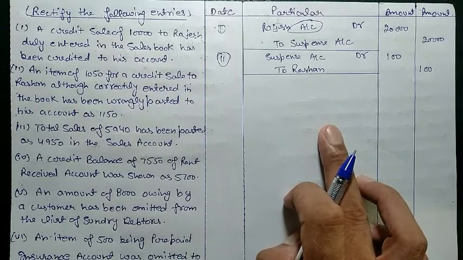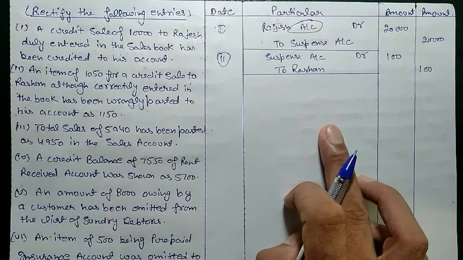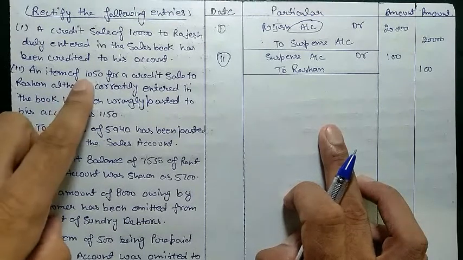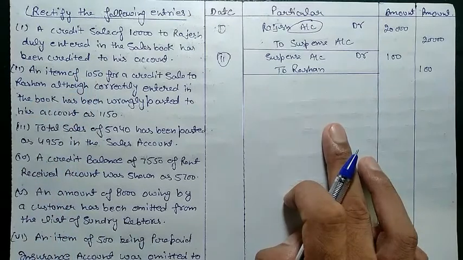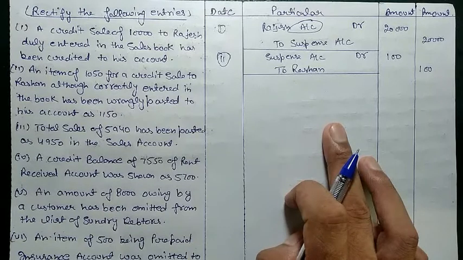We posted 100 rupees more than the actual amount, so we credited that. Now if the same question, we have debited his account by 100 rupees less, like we need to post 1050, but we posted in his account only 950, then we need to debit Roshan account by 100 rupees more. The entry will be same, Roshan to sale, but we have correctly posted in sale account, so we will debit Roshan and credit suspense in that case. But in this case we have posted 100 rupees more than the actual amount, so we will post on the other side.